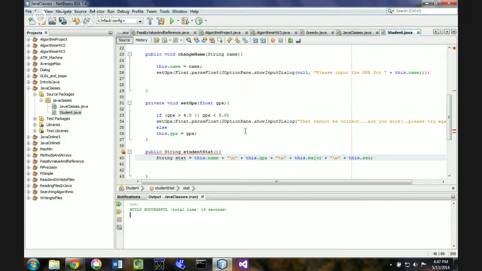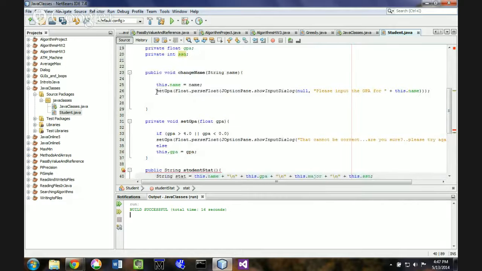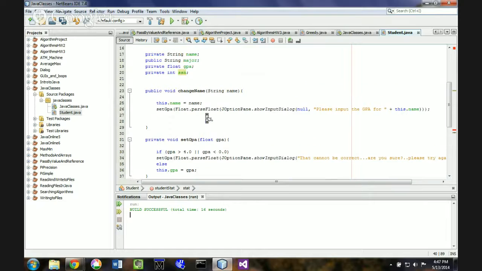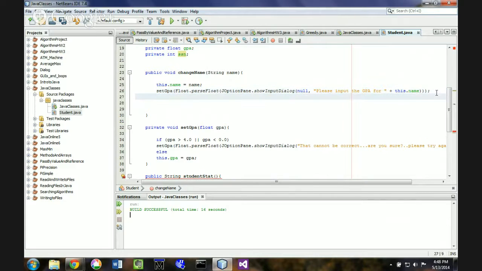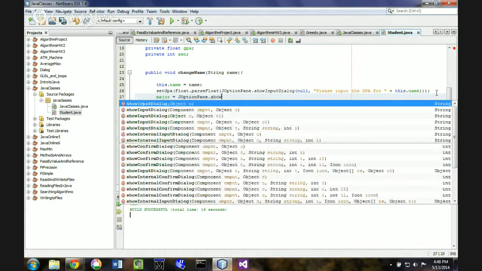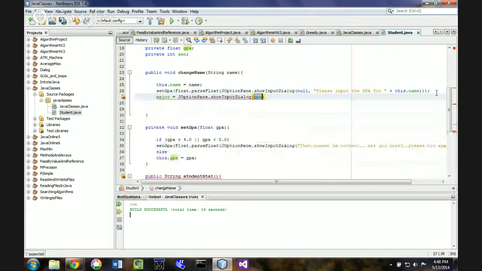But then, besides setting the GPA, I believe that it will be also a cool thing to do if we create another function to set the major, right? To set the major, or we can just ask for it directly and say instead of having a private function, since we are in our same class, we can just access major, right? Major is a string, so we're gonna put major is equal to JOptionPane.showInputDialog, and then we're gonna put here